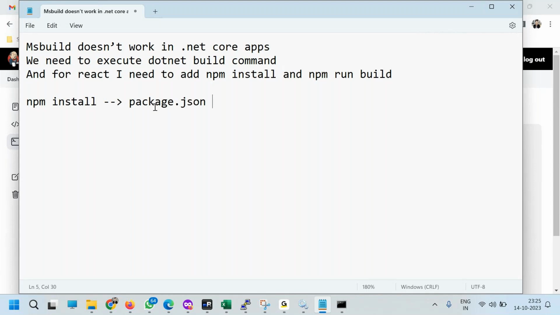Now in this file you have all the JavaScript libraries. So what happens is they download it and put it in one directory in the relative path. So it downloads all the packages and libraries, and that is what happens. Now the question is, wherever you have a package.json, this file should be a part